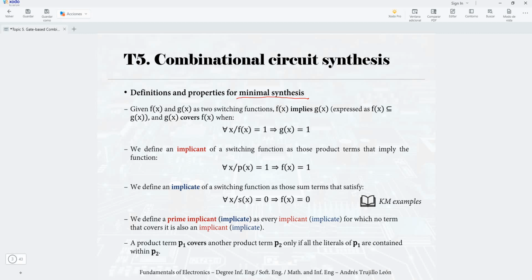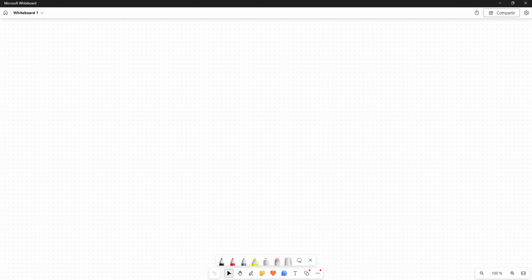Well, we have to see, as I say, the properties and the definitions. You have here the formal definitions. As usual, I'm going to give you a sample. These definitions are easy to understand. We can say that a function f implies g if for every combination of x for which f is 1, g is also 1. And I think that this is easier to understand just using an example. So, implications. f implies g